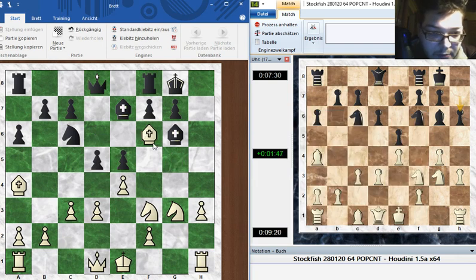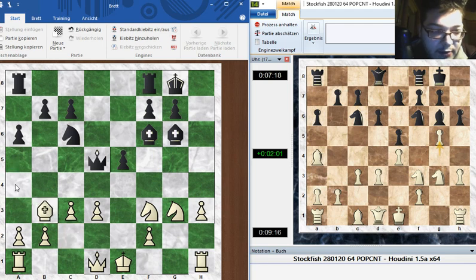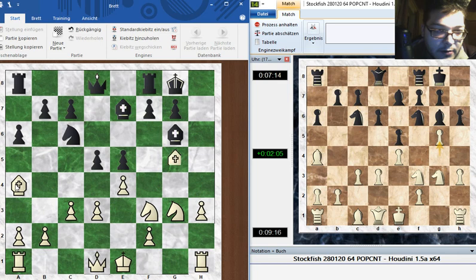So d5, bishop takes here, bishop takes there, pawn takes here, no, queen takes there, and bishop can go here. No, has to keep defending the pawn. So I don't think d takes is an option here. So yeah, bishop takes,